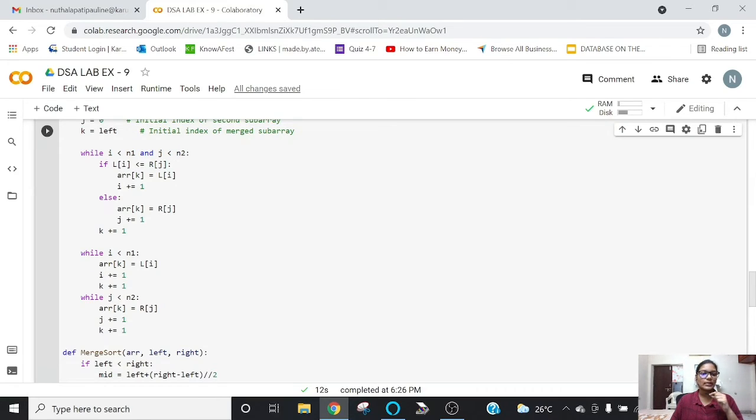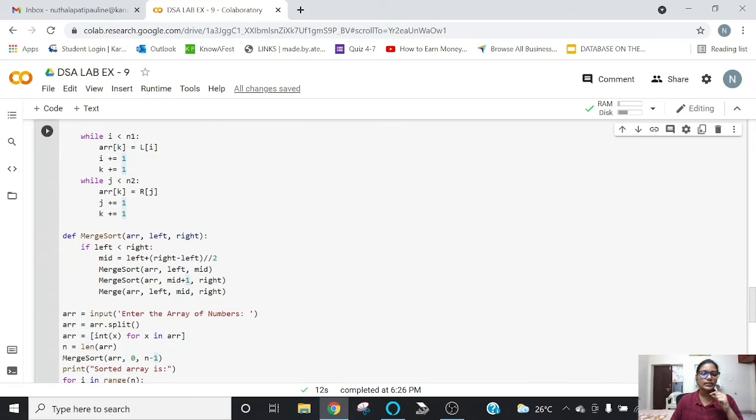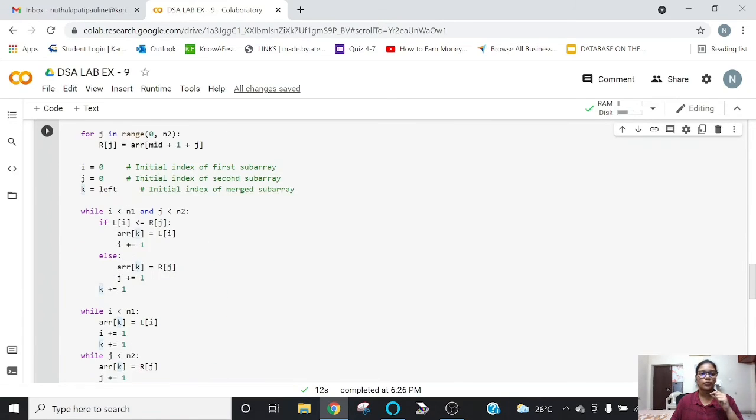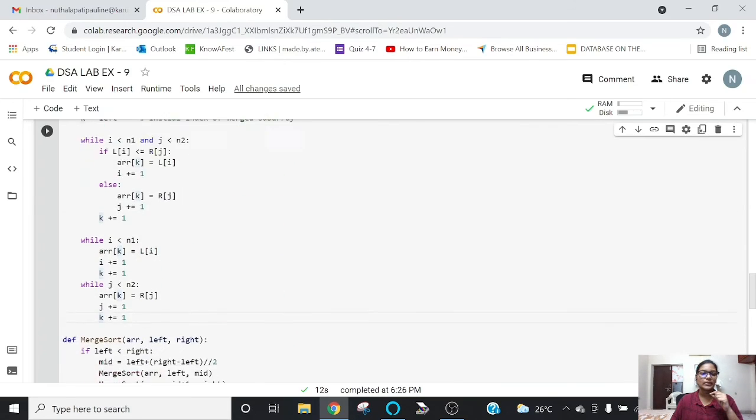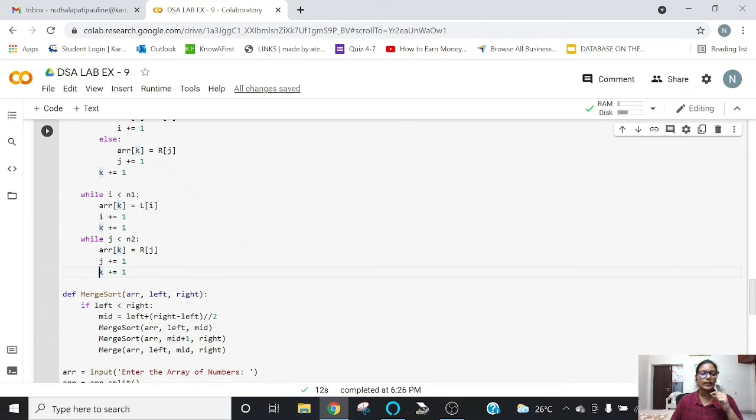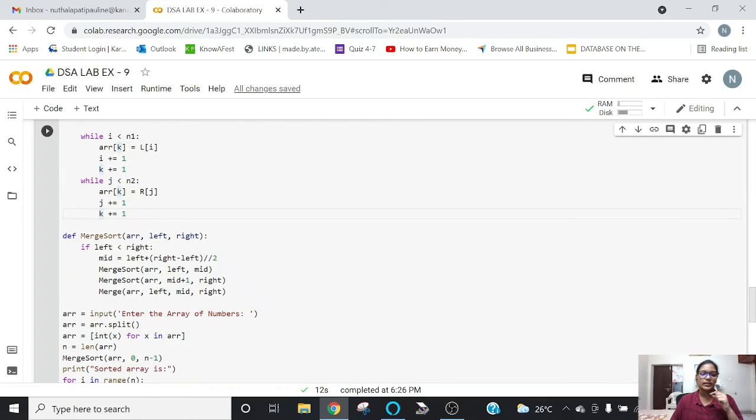Or else it goes to the else condition, increments the j value, and thereby the k value also gets incremented. The same goes with these two while loops, which we use to handle the remaining elements of the temporary subarrays, and then it rearranges the sorted subarrays.